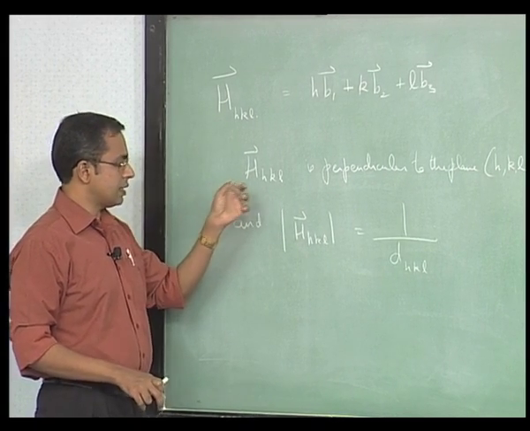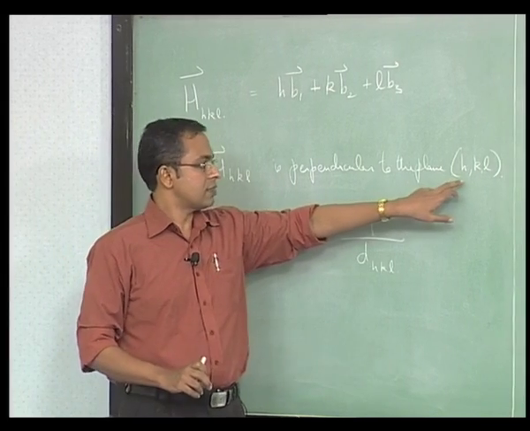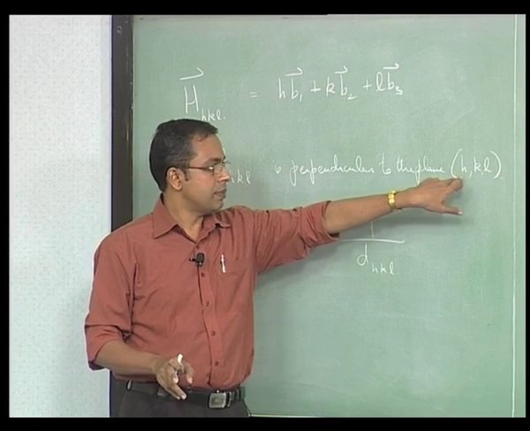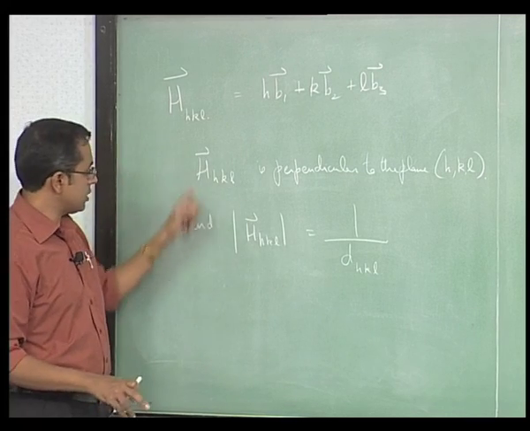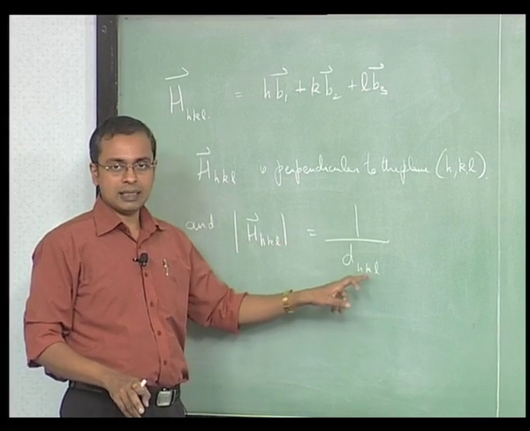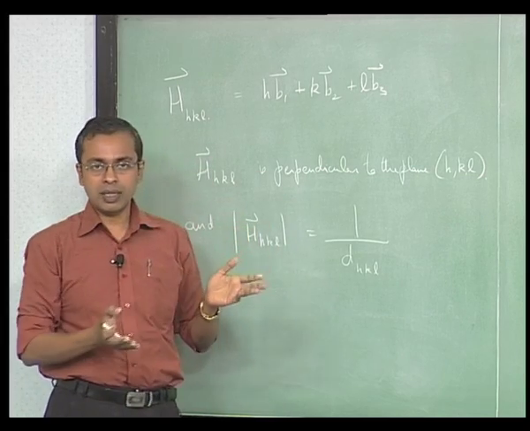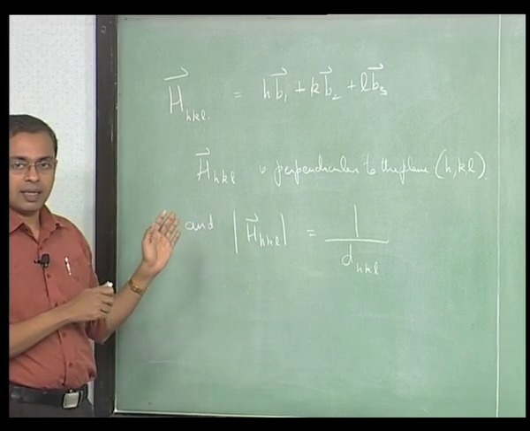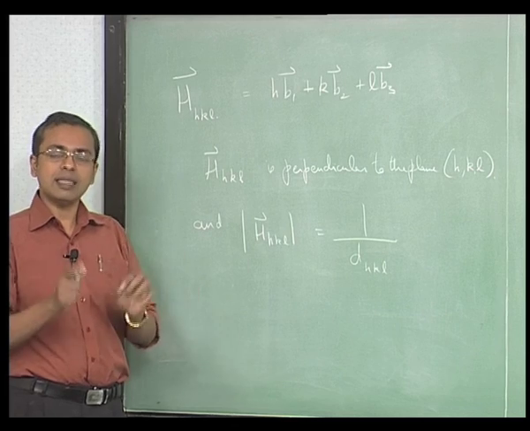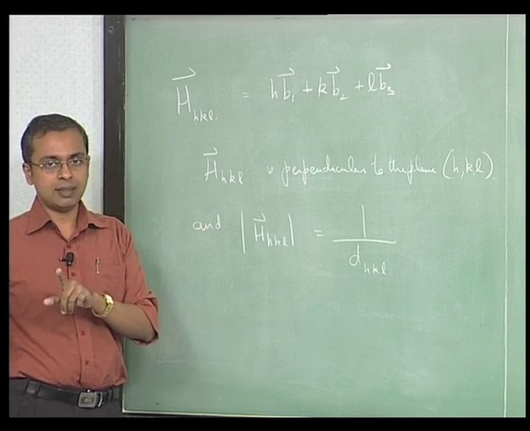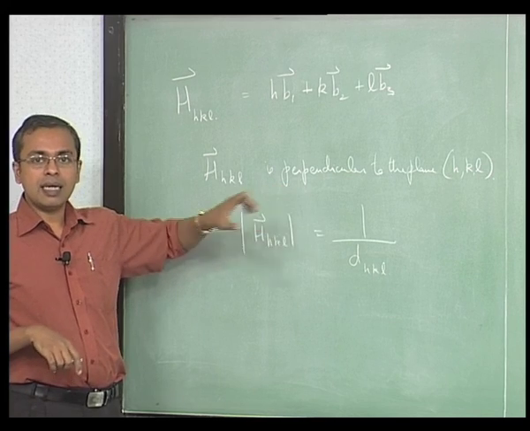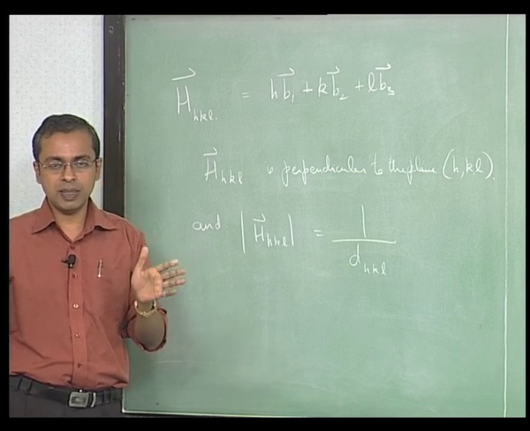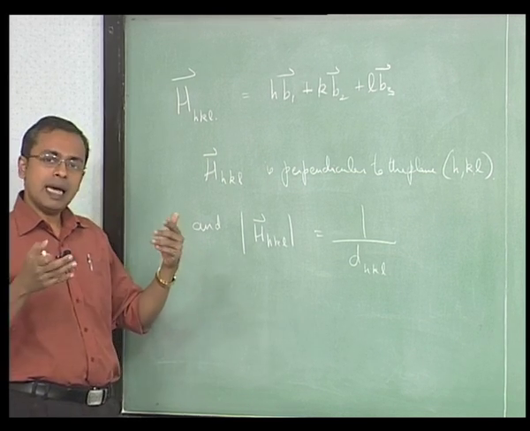This is a reciprocal lattice vector and it is found that it is perpendicular to a plane in the real lattice which has the Miller indices h, k and l, and the modulus of this reciprocal lattice vector is 1 by d_hkl, in other words 1 by the spacing of hkl planes. So these are two properties that any vector in the reciprocal space has as a result of the definition of the reciprocal lattice. Right now I have just stated it. In the next few minutes we will prove these two. Once we prove these two, we have a good understanding of what holds in reciprocal space and how it relates to real space, and later we can use those two.